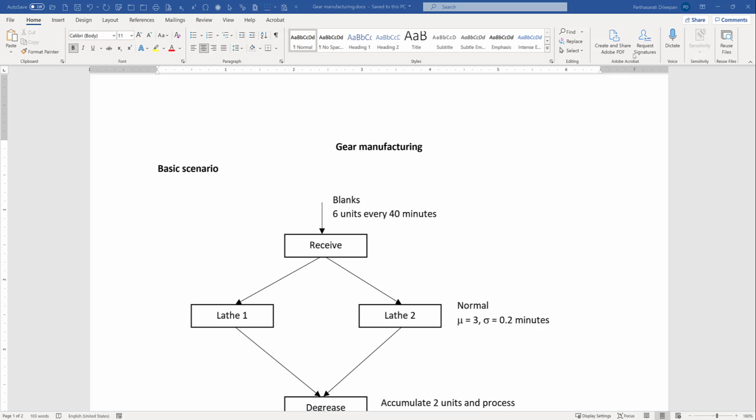Now we're going to discuss two examples from manufacturing applications. I've taken these two examples from the Pro Model website, and I made some changes, and I'm going to present these examples in a step-by-step fashion. And while we're discussing the two examples, we're going to cover various functionality of Pro Model, which are